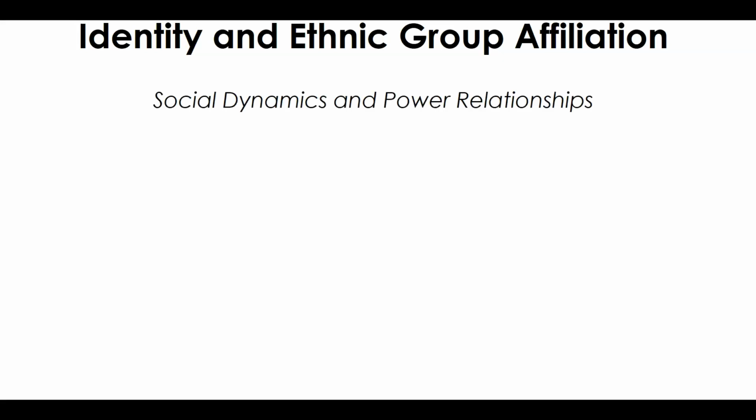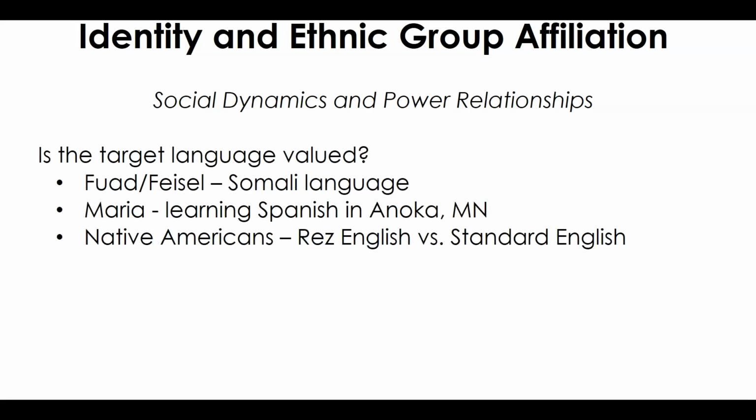One of the last ones we're going to talk about is identity and ethnic group affiliation. And this is really talking about social dynamics and power relationships. What do I mean by that? I mean asking, is the target language valued? What the student is learning, the target language. In most of our cases, that would be English, learning English as a second or new language learner. Is that valued? So here are some different examples